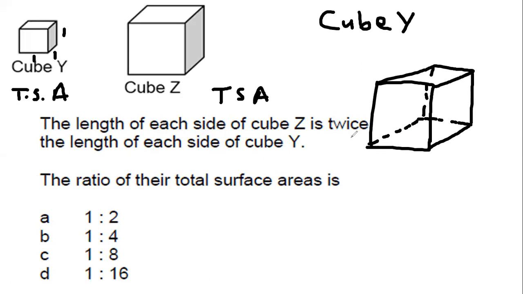So let us say this is cube Y. Let me just draw it because it's a little bit small. That's cube Y. If I say that each side is 1, let's say 1 centimeter, and that's 1 centimeter. So the TSA,